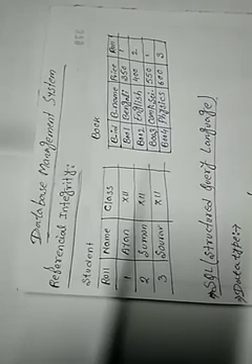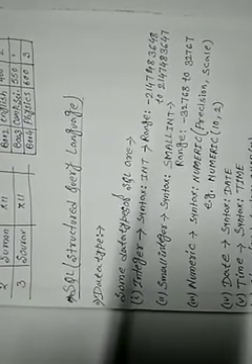Next, SQL. SQL stands for Structured Query Language. It is a fourth generation computer language. This language is used to write programs in RDBMS. Next, data types. Data types are means to identify the type of data and associated operations for handling it. Some data types of SQL are integer. It can store integer values in the field. Syntax of integer is int. Syntax means rules of writing the code.